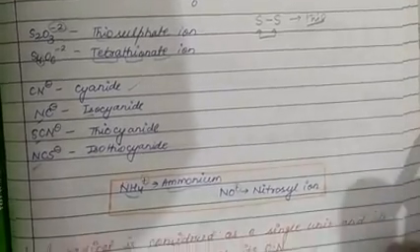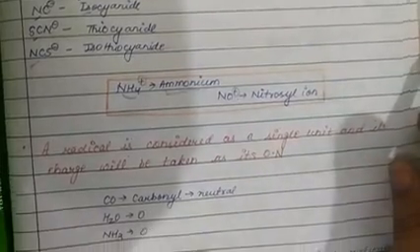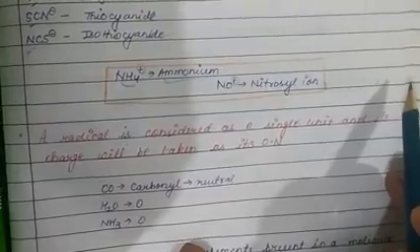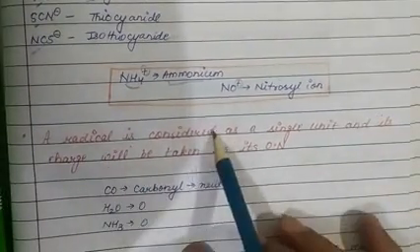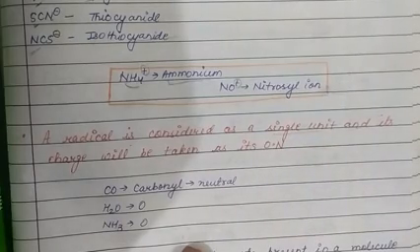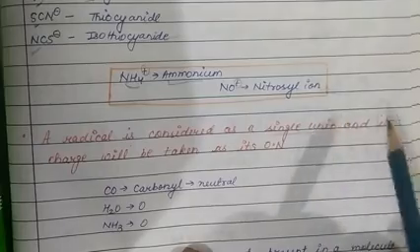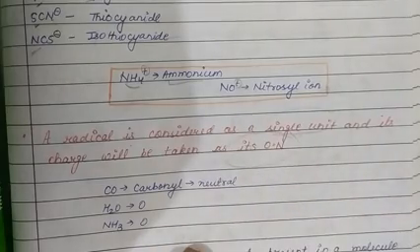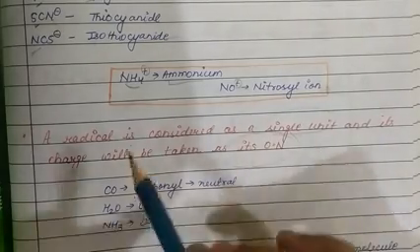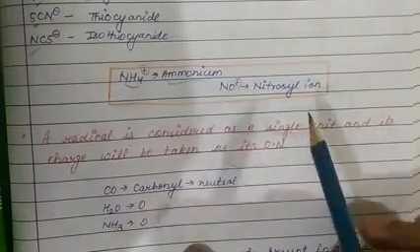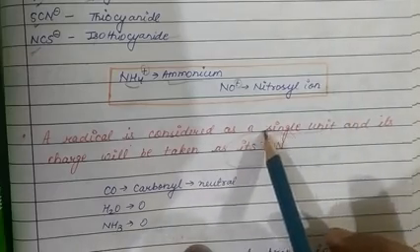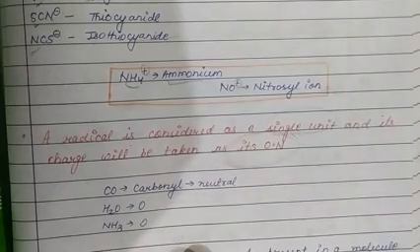See the next case. The next case is a radical. A radical is considered as a single unit. So always a radical is considered as a single unit, and its charge will be taken as its oxidation number. So we consider radical which we have studied as a single unit, and the charge present on this radical will be taken as its oxidation number. For example,